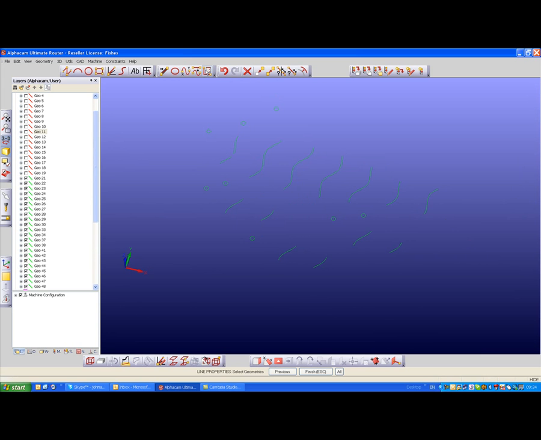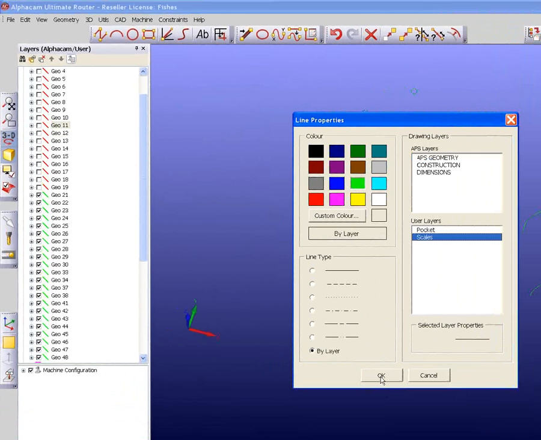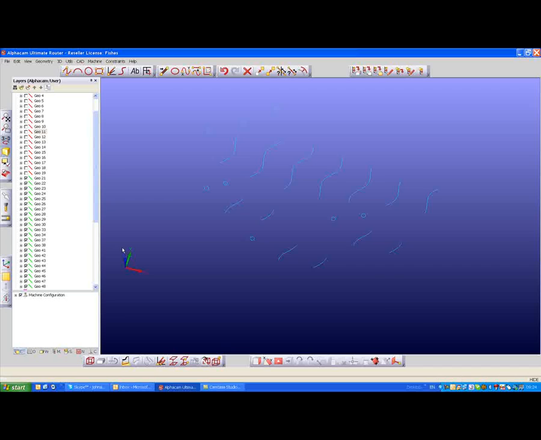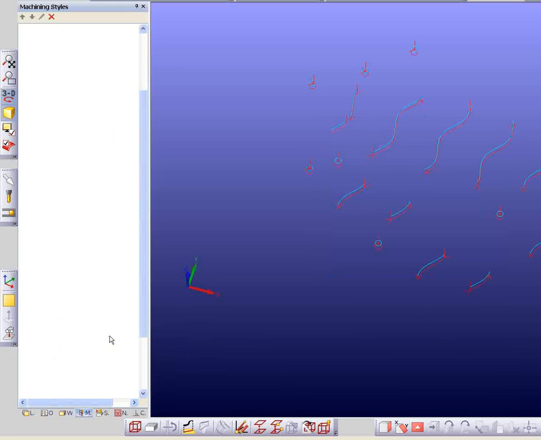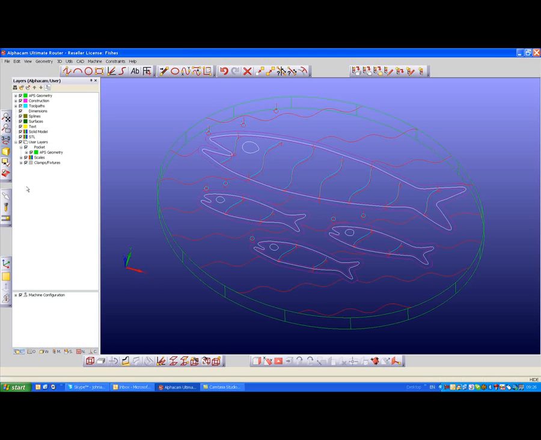We'll go into line properties. We can now select all, and we wish those to become scales, and we'll have those maybe this blue. We can then come into machining styles and we apply those to selected geometries. We'll switch everything back on, come into our operations, switch all those on,